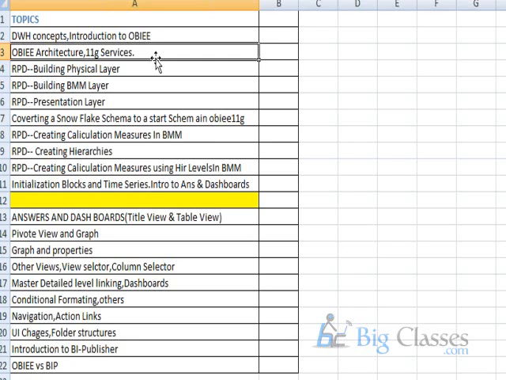In the BMM layer, creating a physical table or creating a physical join, they will mention that on the websites. Don't consider that, but I will cover all the things needed for OBIEE development. Okay.